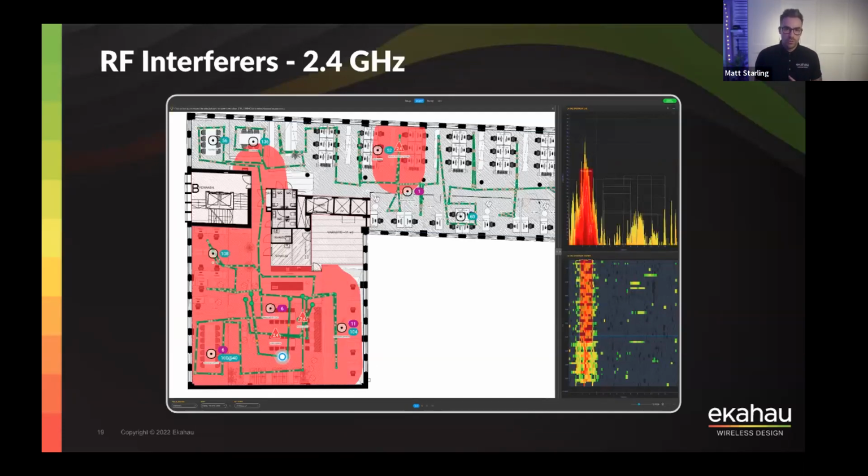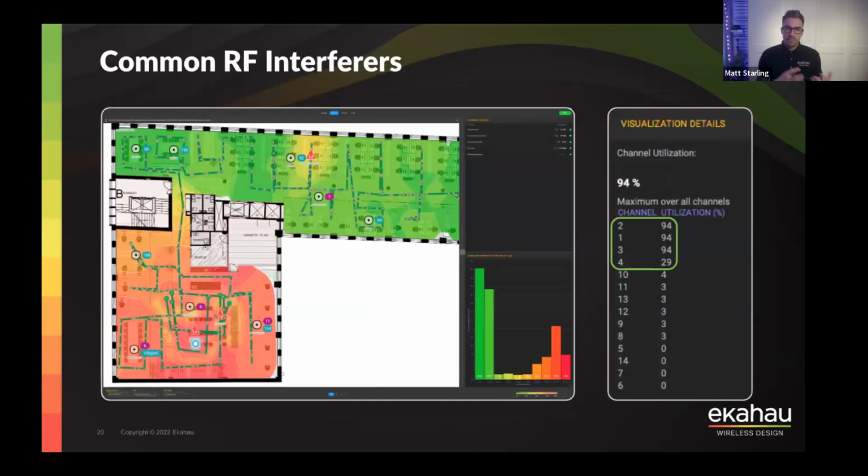But why would it not work too well? That's because typically when you have this layer 1 RF interference and these types of devices in your environment, it's because they are typically transmitting most of the time, or if not all of the time. So what we're looking at now is the channel utilization from the spectrum analyzer perspective. So what we see here is around channel 1, so channel 1, 2, 3, the channel utilization is